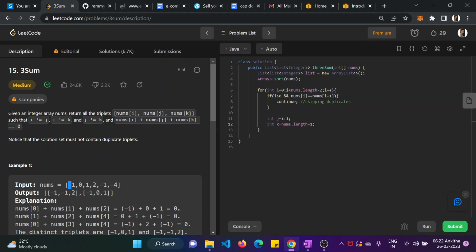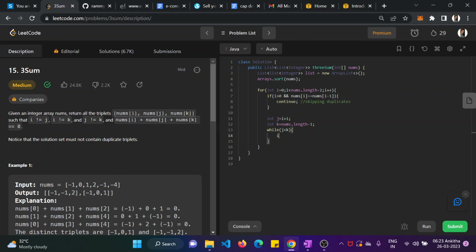So if i is equal to 0, pointing here, then j will, for the remaining array, start from i plus 1, and k will be pointing to the last element. Those are two conditions done. Now, while j is lesser than k, because iterating j till the end of the array doesn't make sense, since we have one more pointer k pointing to the end of the array, right? So we have to handle both. So till j lesser than k,